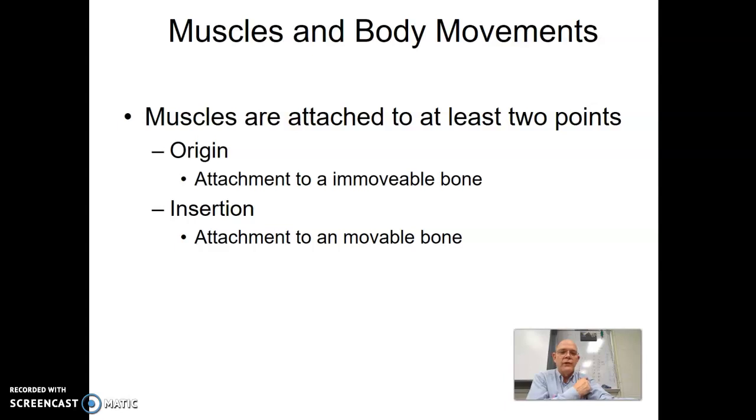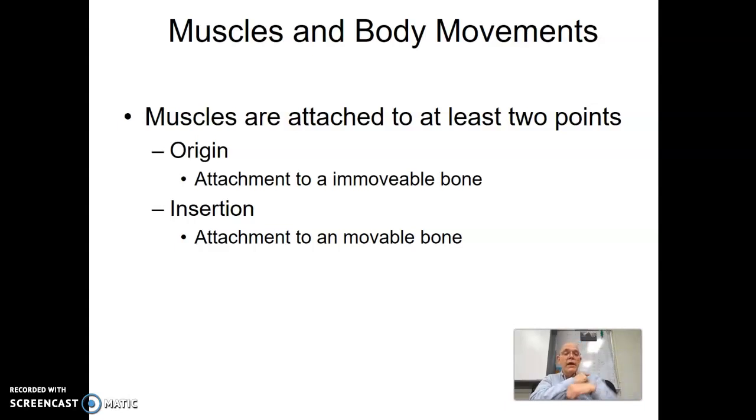So this would be the origin of your biceps. This would be the insertion because that's the movable bone. Now, for your triceps, it would be the opposite, okay? This, it's pulling it back down here. I take that back. It would still be the same, sorry. Still the immovable bone is this, the movable bone is this. You're just moving it the opposite direction, my bad. Anyhow, origin is where it's attached to the one that stays still, in this case, the humerus, and insertion is where it's attached to the movable bone.